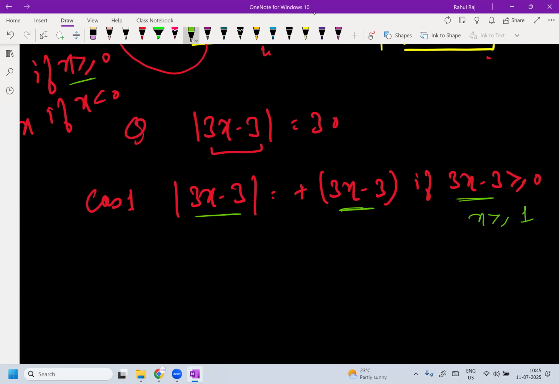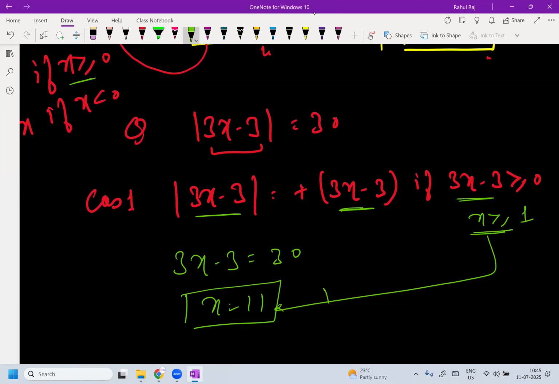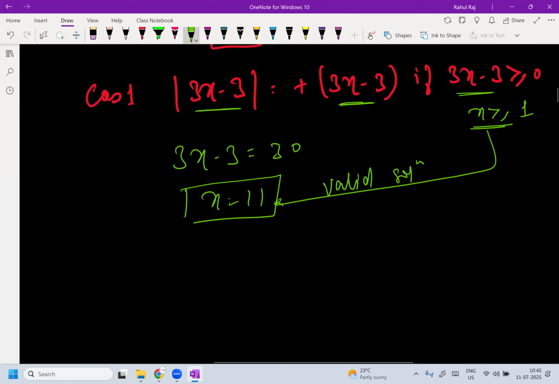Now you have got mod of 3x minus 3 is equal to positive of 3x minus 3. Now you put 3x minus 3 is equal to 30, x is equal to what? 11. So for x greater than or equal to 1, x is equal to 11, it's a valid solution, Shweta. Am I right, Bacha? Right. Now case 2,